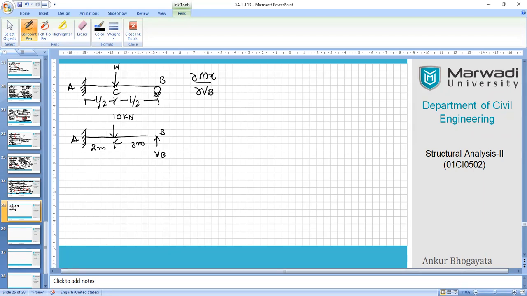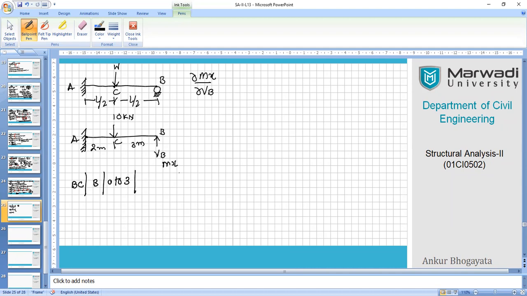Now we have VB here. The rest of the reactions, don't bother about them right now at this moment. We just want to have segments. So segments will start from B to C and C to A, right? So we'll create segments like this. This is the crux which I am explaining to you, right? B to C, where B is the origin, of course, right? And now 0 to 3 meters is the length.